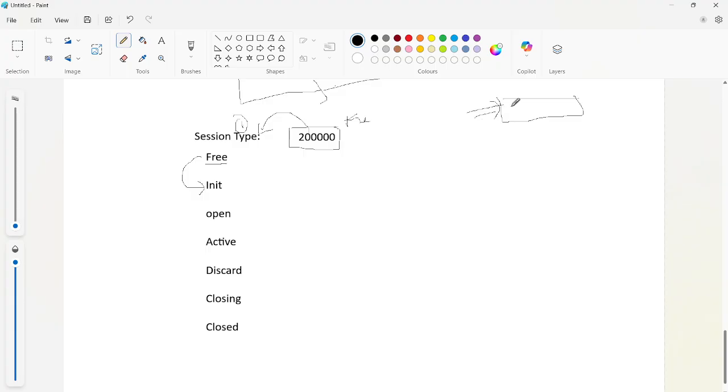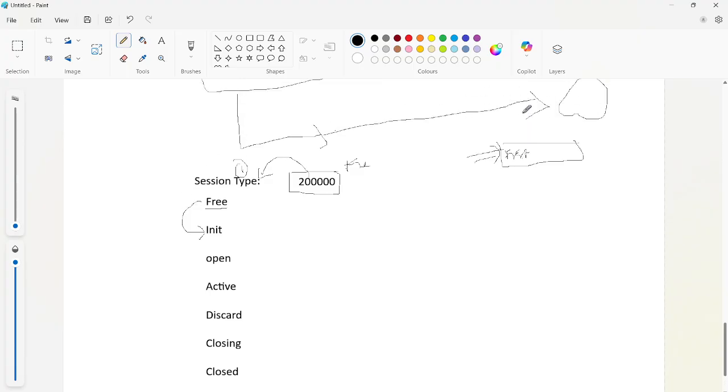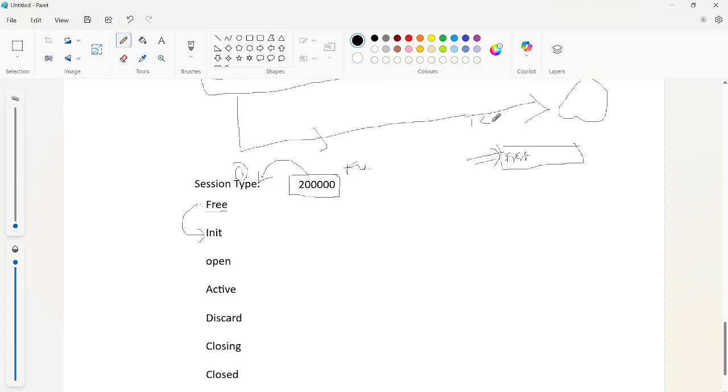So this is when the firewall receives the traffic and identifies the first packet in the traffic. Let's assume you are doing a TCP connection. In the TCP connection, if the traffic is received on the firewall, it will move from free to init state.